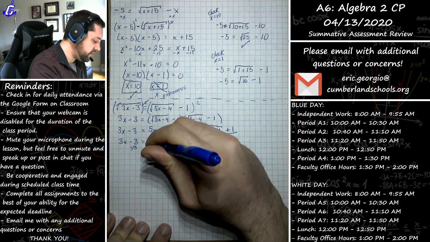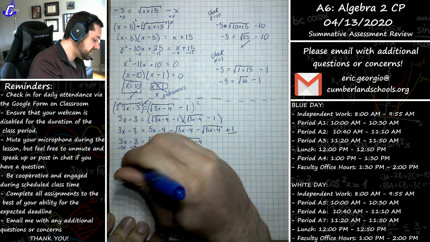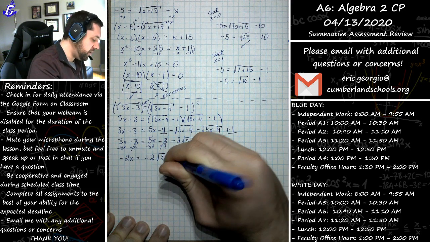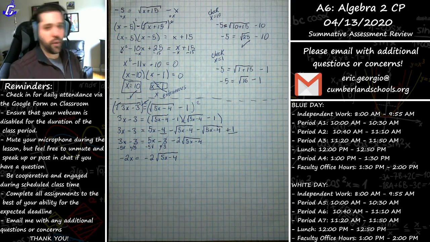That's nice. That's going to save me some work. Subtract 5x over to here. I get negative 2x is equal to negative 2 times the square root of 5x minus 4. Ooh, this is really a best case situation here, because if you remember, at this particular point, I implored you to